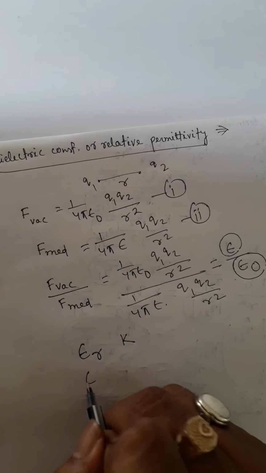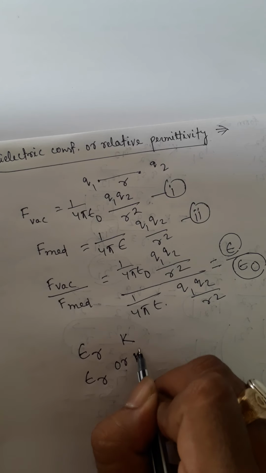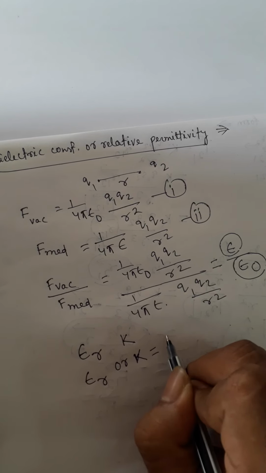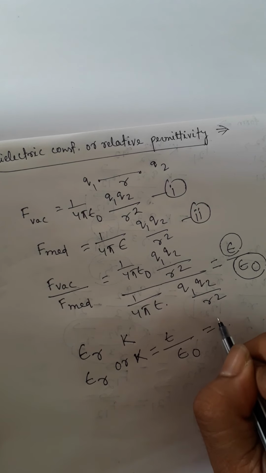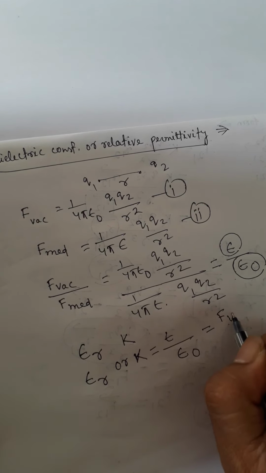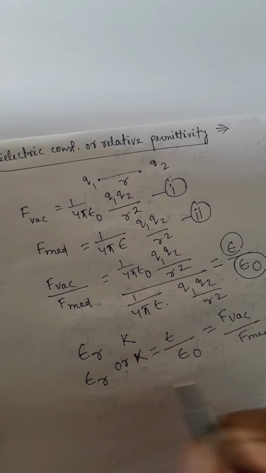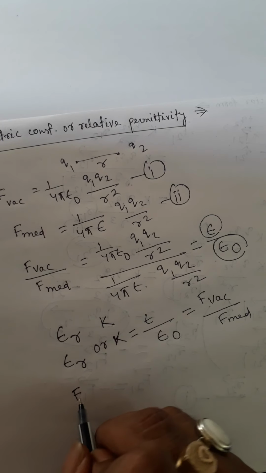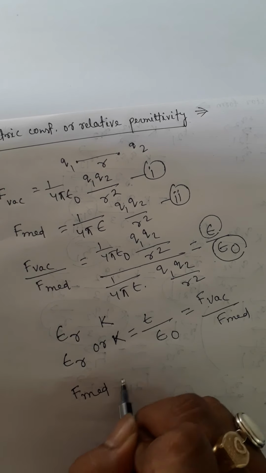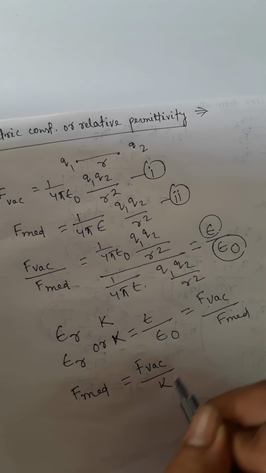So relative permittivity or dielectric constant is equal to epsilon divided by epsilon naught, that is force in vacuum divided by force in medium. So here we can write force in medium is equal to force in vacuum divided by K, or